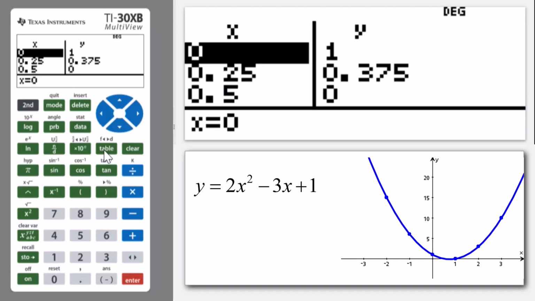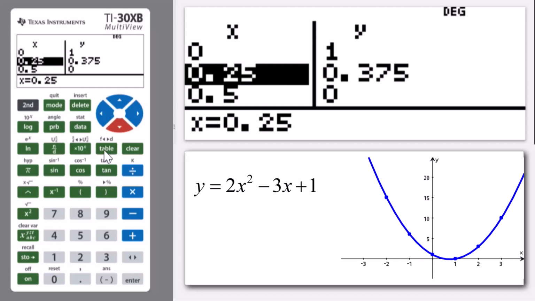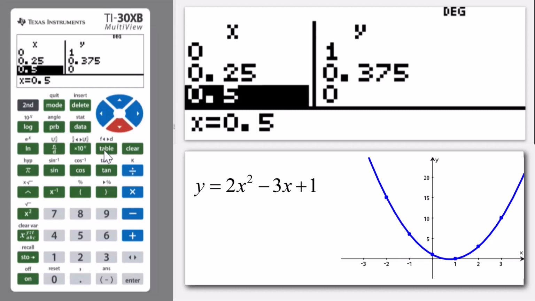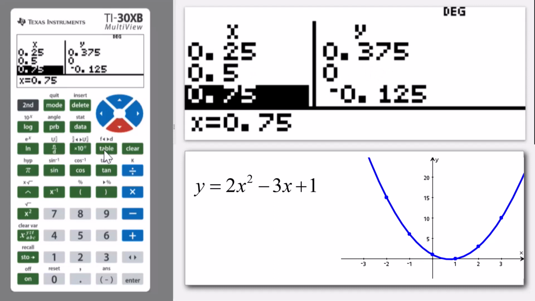And what we can see is we've got our Y-intercept there, got another coordinate point, 0.25, 0.375. We've got an X-intercept at X equals 1/2, and we have our